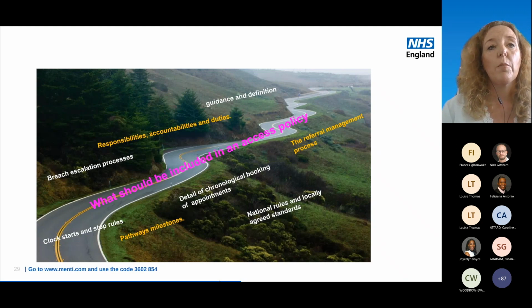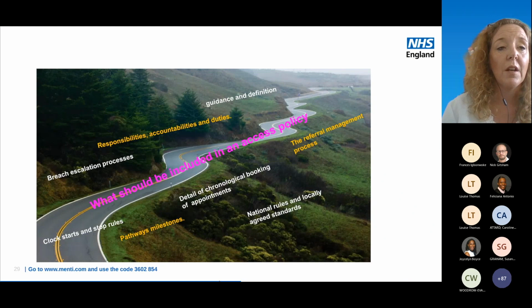Detail of chronological booking of appointments is an essential element that needs to be included. So, for example, guidance and detail describing how people with the same clinical priority should be treated in date order, as well as stipulating the national waiting time standards, such as those for talking therapies or early intervention in psychosis. There are some patient groups, known as patient primacy, that will have priority for assessment in line with agreed quality standards. Examples of this would be veterans, looked after children, and perinatal mental health. So the policy must be clear on these and the time standards that apply for each.